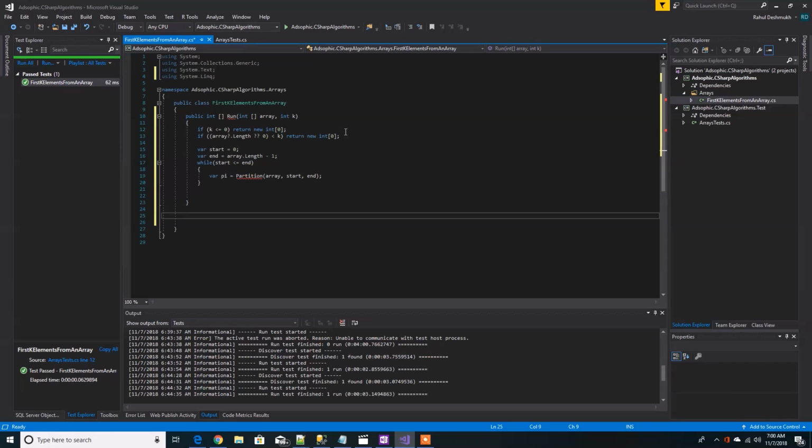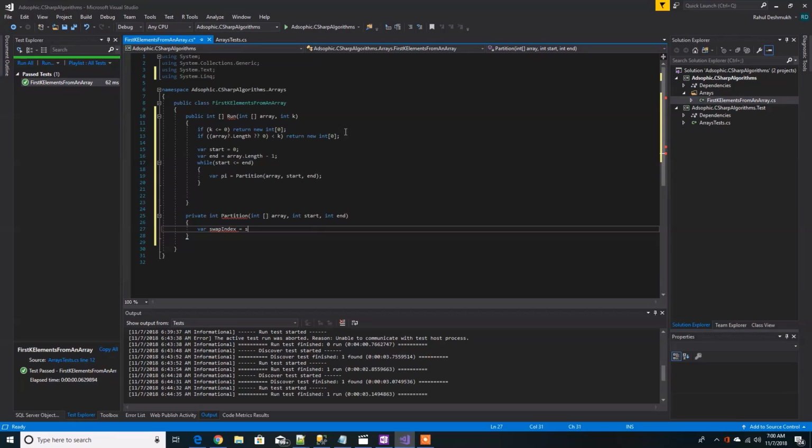And let's declare this as a private method, partition. Now, what we want to do here is use a swap index to partition